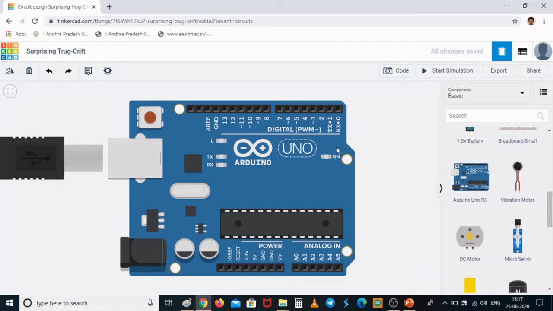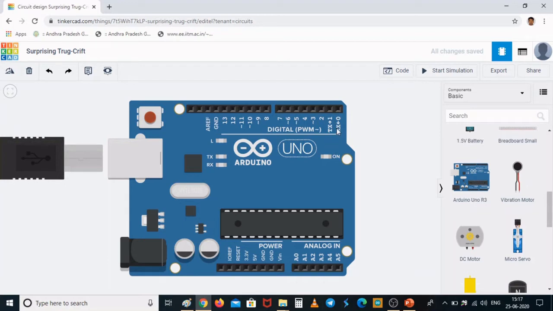And also you could see that pin 0 is denoted with RX. RX stands for receiving, and pin 1 is denoted with TX. TX stands for transmitting. These pin 0 and pin 1 are normally used for performing serial communication with other devices.